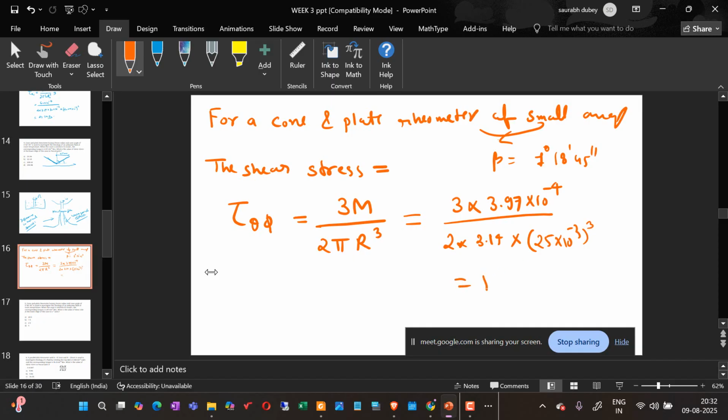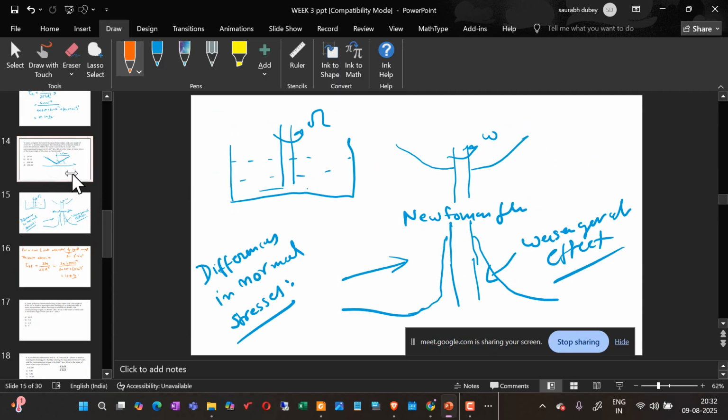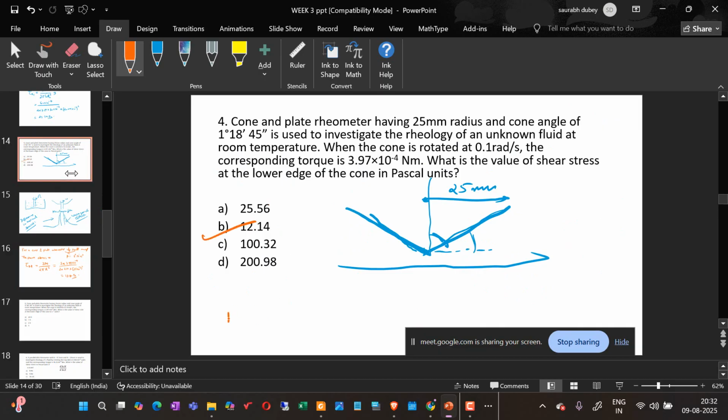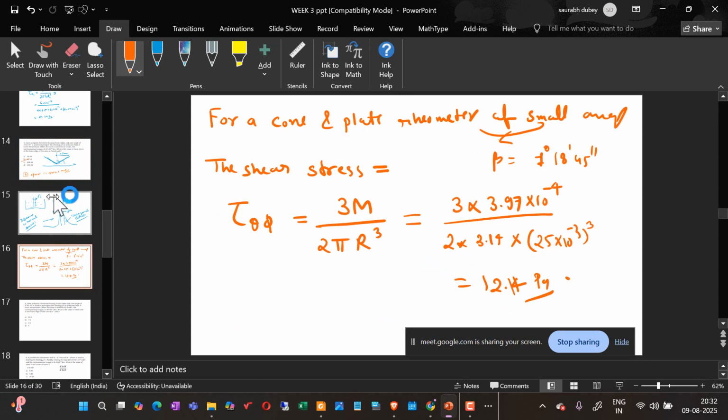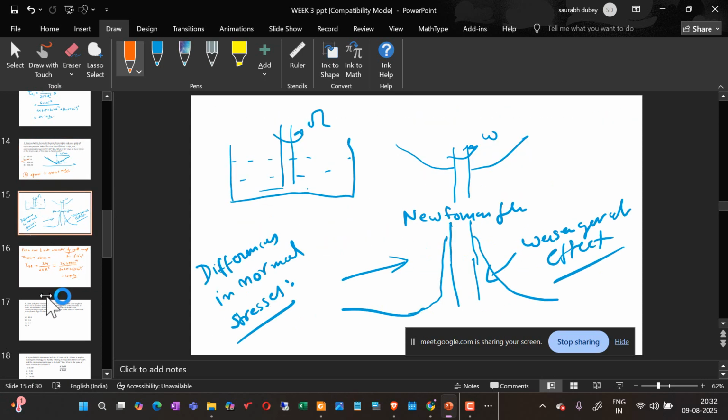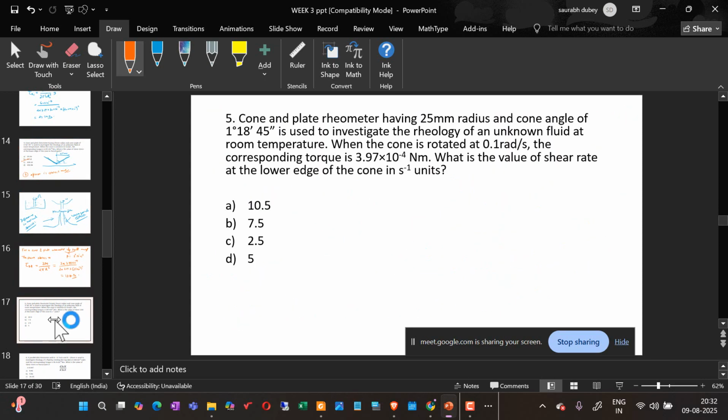So it will give you 12.14 Pascal. You are getting this. So option B is the correct answer, right? So this is the one thing that you have to solve. So now